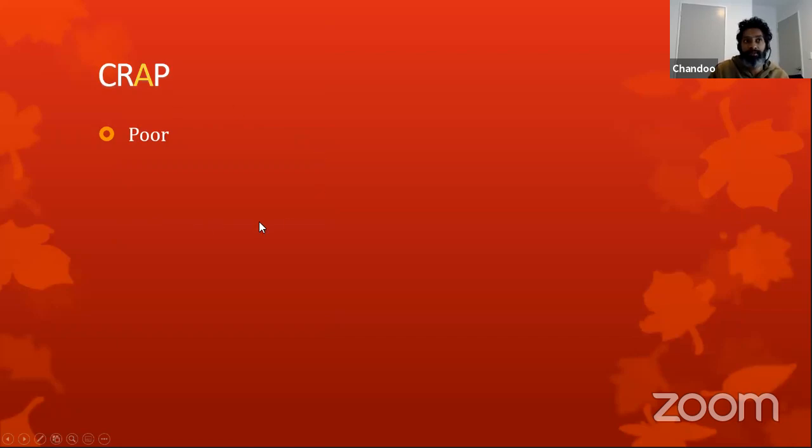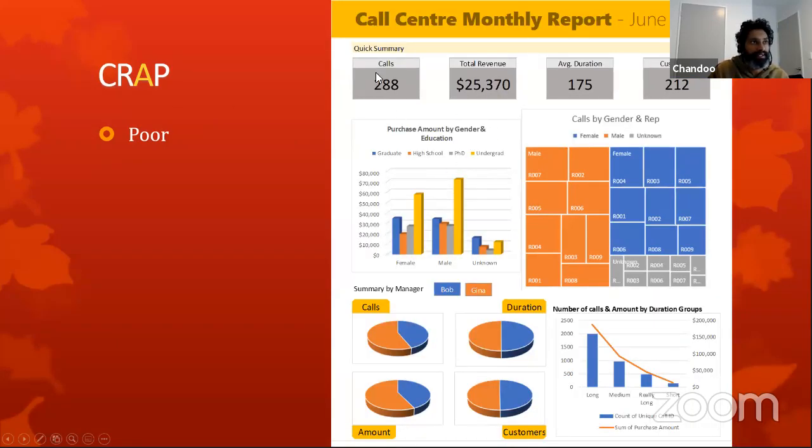Alignment is extremely poor with this report. You could see that there is all sorts of misalignment going on. Like, these boxes are not aligned with each other. The borders are not lined up. The gapping is inconsistent. Here there is almost no gap, whereas here there is some gap. And if you observe at a microscopic level, there is even inconsistent gaps between these two, and those boxes don't line up. So that's alignment issues.